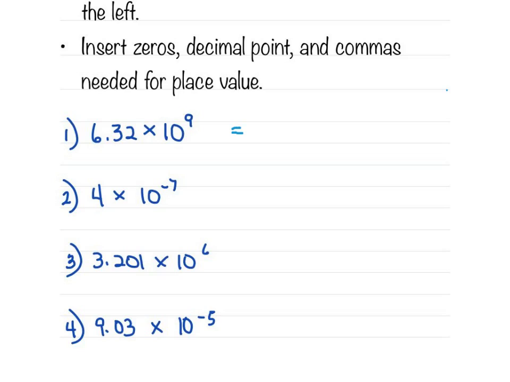So n is 9, tells us we need to move the decimal 9 places, in this case to the right, making the number larger. So we have